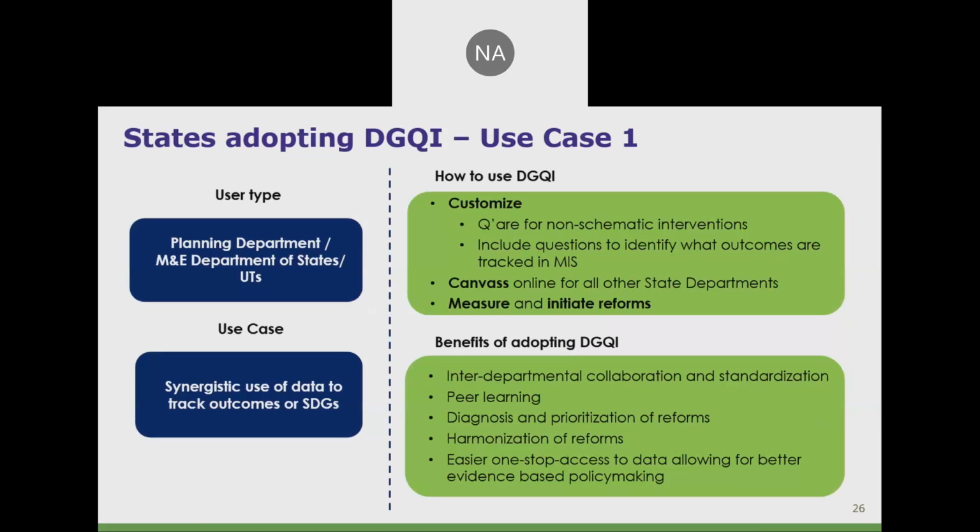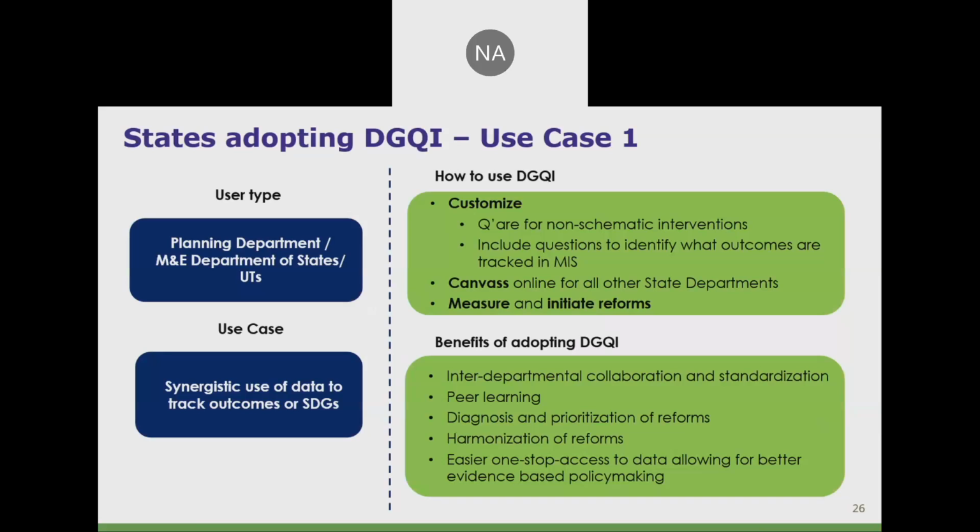Now, based on these responses, the whole comprehensiveness of the data systems can be measured, and then theme-wise areas for improvement can be identified. This would simultaneously help in peer learning as well as standardization of data systems that can be easily analyzed together. And apart from measurement, quality standards in a focused and